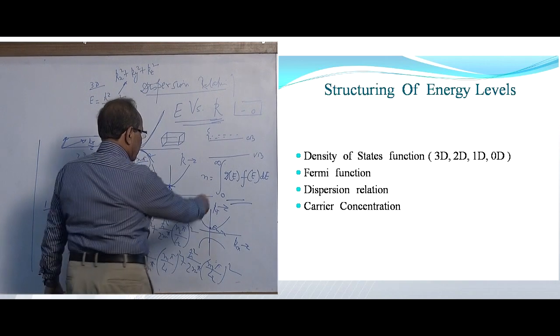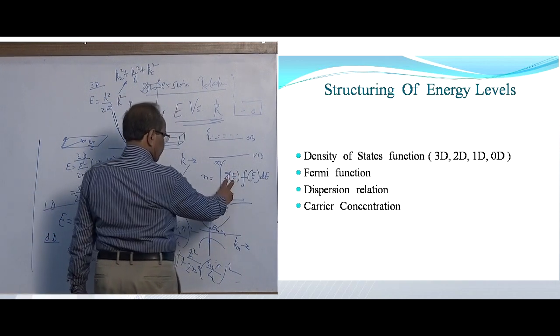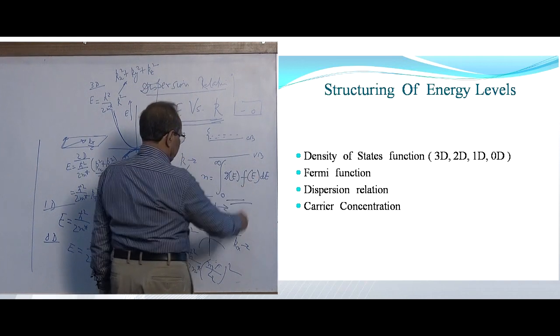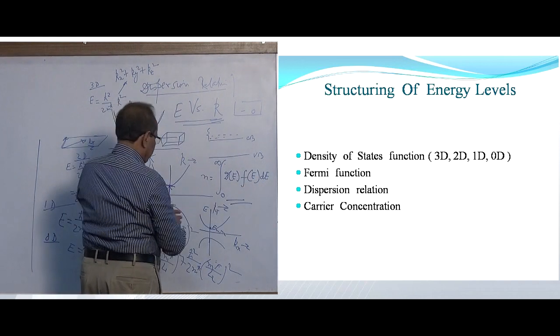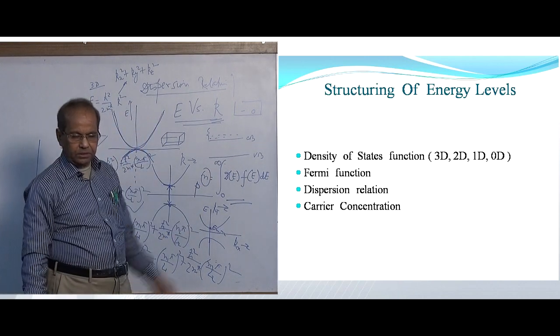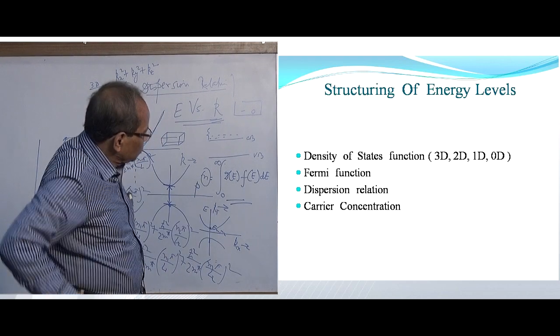In the case of holes, the density of holes is multiplied by the probability of the holes at energy E, and it goes from 0 to infinity, and this is your hole concentration, not n but p, the hole concentration. So these are